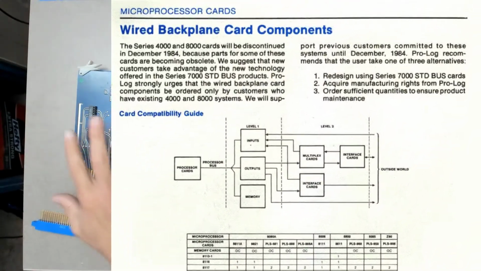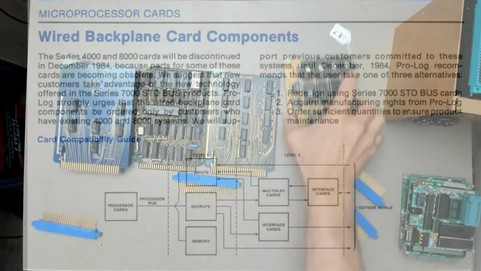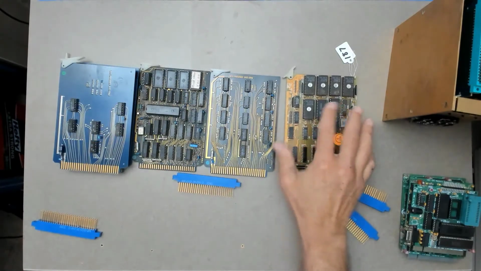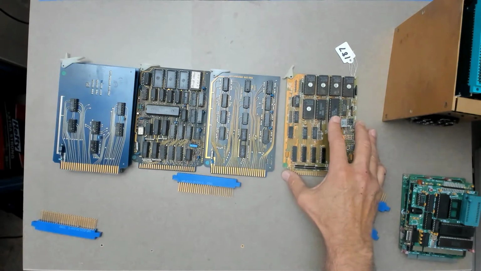So Prolog needed to phase out their 4-bit and update their product line to at least 8-bit. So something like the STD bus was actually long overdue. And I'm sure that the STD bus was going to happen whether or not there was a collaborative effort with